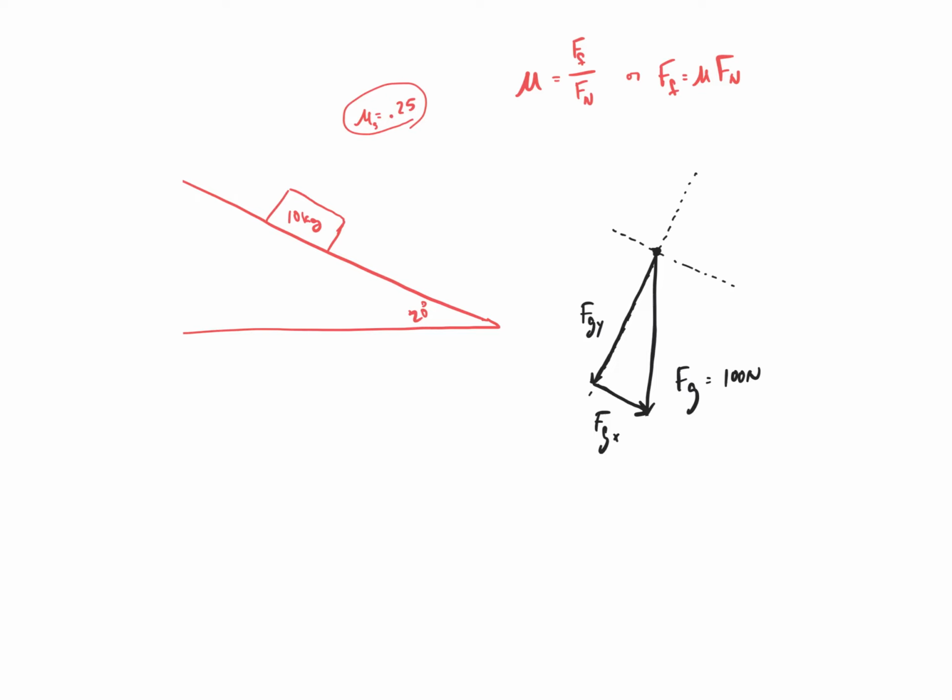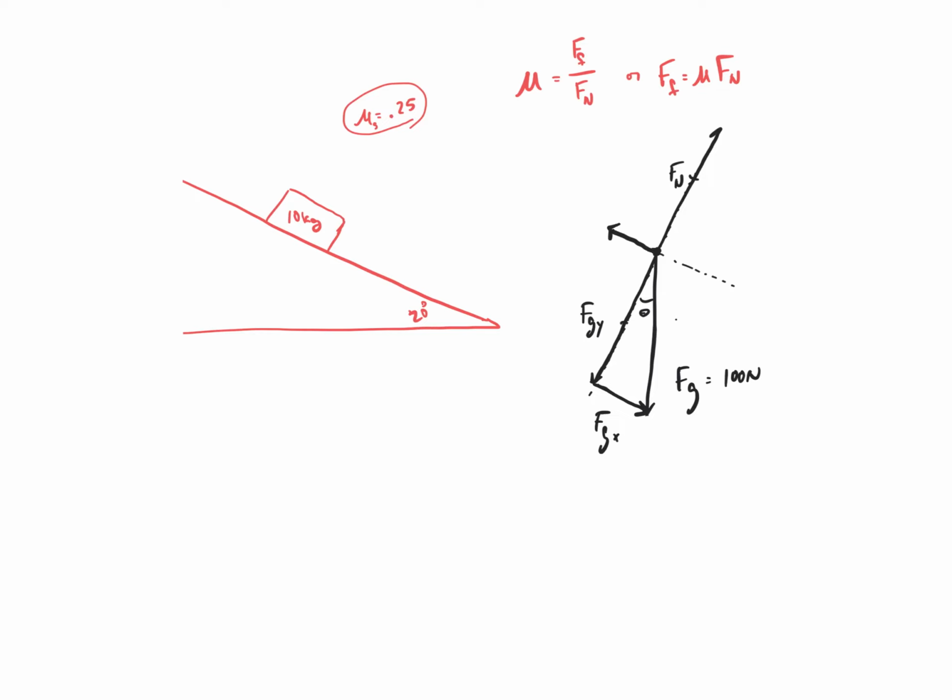I could also have drawn this one up here, but I'm not going to do that because that gets confusing. But I know that this is theta, and then I know that the normal force will be the same as FGY,